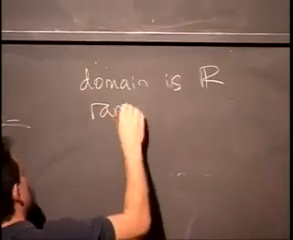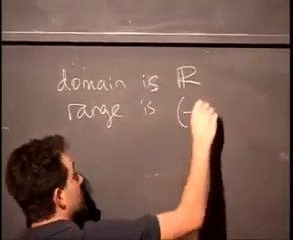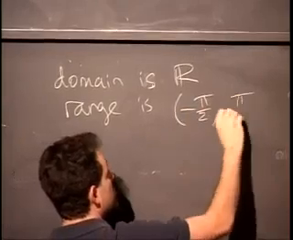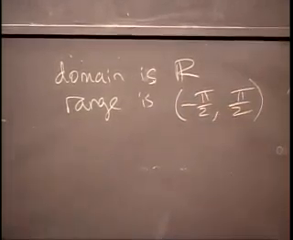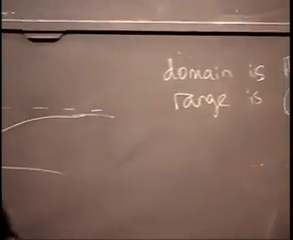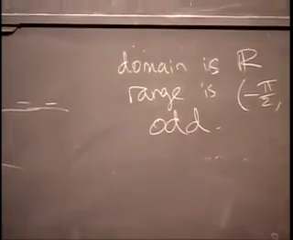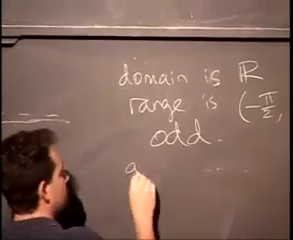The range is similar to the range of inverse sine, except instead of minus pi over 2 to pi over 2 inclusive, it's actually just open brackets, because they're asymptotes. It's also an odd function, as you can see from the graph. It inherited the oddness of the original. And also,